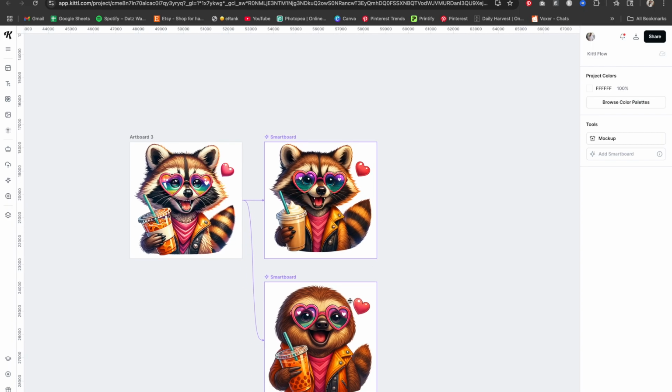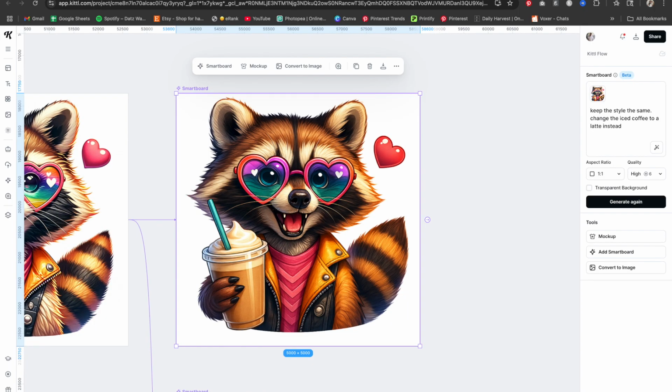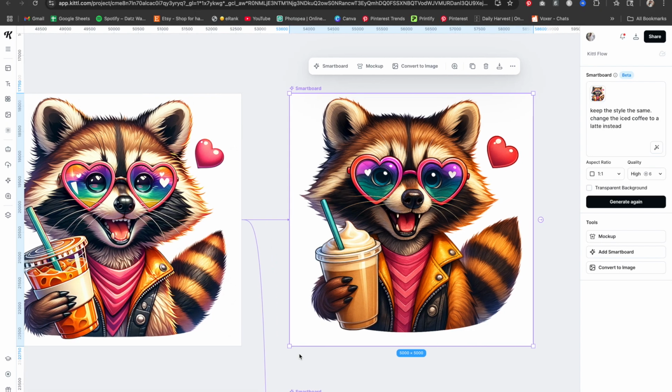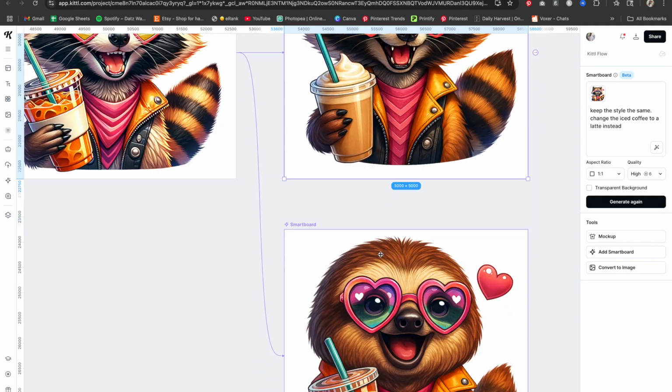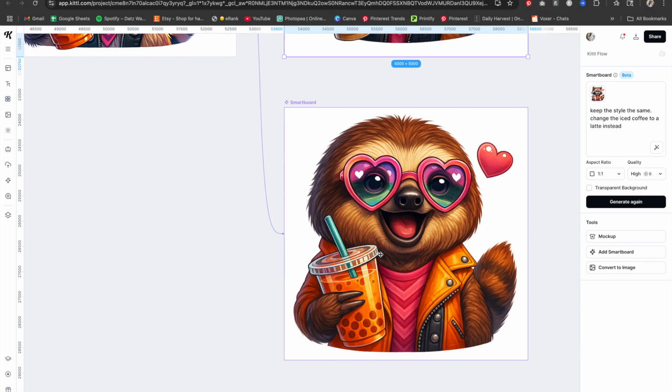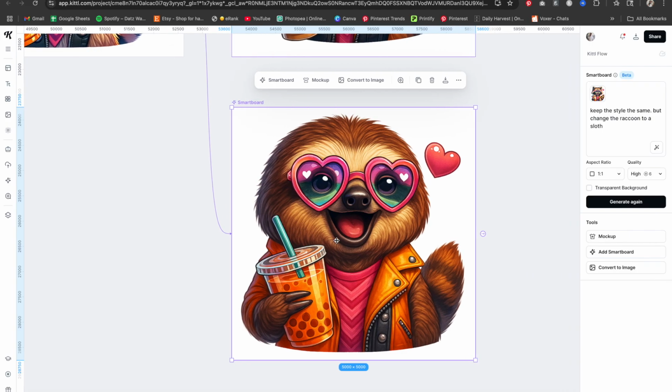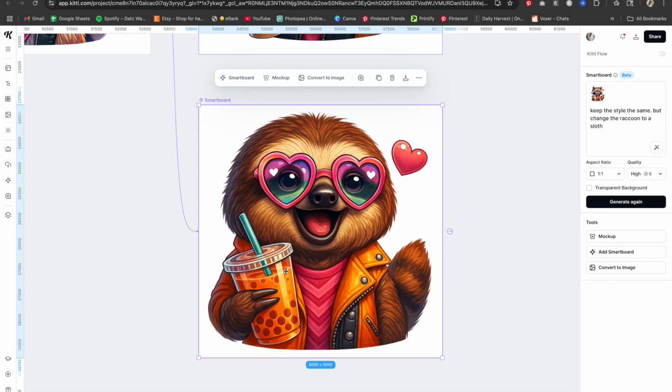So I asked it to turn into a latte for this one. It changed the raccoon shirt, but that's fine. Overall, it still looks the same as the original, so that's good. And for the sloth, okay, it kept the raccoon tail. Let's see if I can remove that. But everything else came out good. It gave it boba tea instead of iced tea. That's fine. Let's see if we can take this and remove